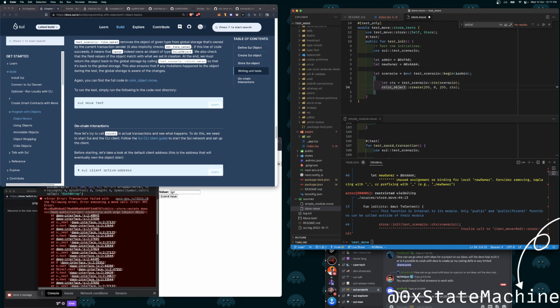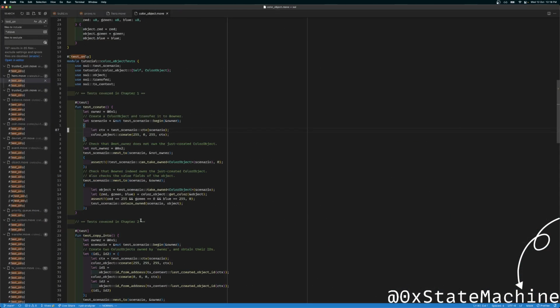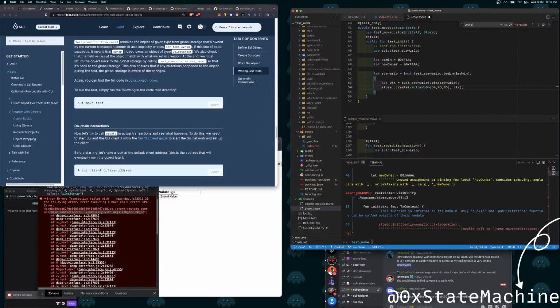So you have the context here. Then we're gonna do store create, and it takes in a vector which is going to be vector of u8, and let's add some values here. Then it takes the context like this. All right, so the value is now actually owned by